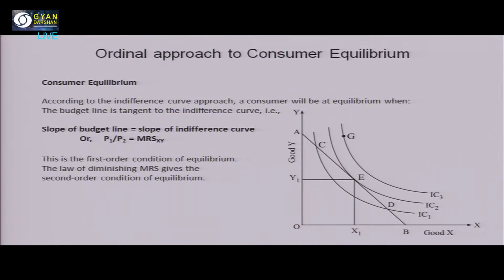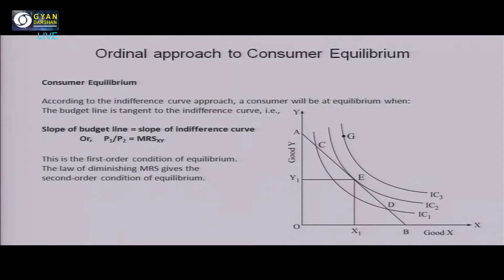तो आप देख रहे हैं हमारे रेखा चित्र में कि एक ऐसा बिंदु है जिसे E बिंदु बोलते हैं। इस E बिंदु का मतलब इक्विलिब्रियम पॉइंट है। इस बिंदु पर वो X की कितनी मात्रा खरीदेगा, वो X1, Y की मात्रा कितनी खरीदेगा, वो Y1। इससे अलग जो है कोई भी बिंदु संतुलन का बिंदु नहीं हो सकता। क्यों नहीं हो सकता? क्योंकि दोनों की ढाल, दोनों की स्लोप अलग अलग होगी, या सीमांत प्रतिस्थापन दर और दोनों की प्राइस रेशियो में कुछ अलग तरीके की सिचुएशन होगी। तो ये पहली कंडीशन।